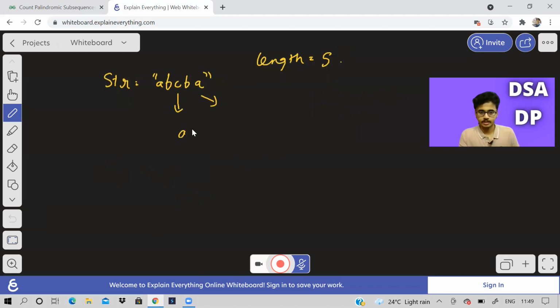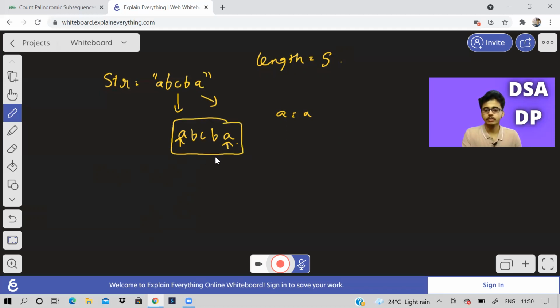Now see here, let us consider this: A, B, C, B, A. If I consider the first character and the last character, and I see that both of them are equal, then I know that this subsequence can at least become a palindrome. What I'm trying to say is, see, now A is equal to A, correct? First and last. So I can think that, okay, fine, it is equal, because they're equal, it can be considered as palindrome. But in this string, how many palindromic subsequences are there, and how should we consider them?